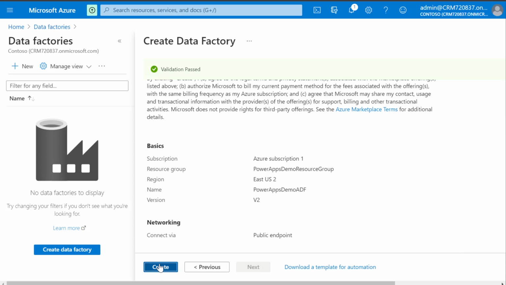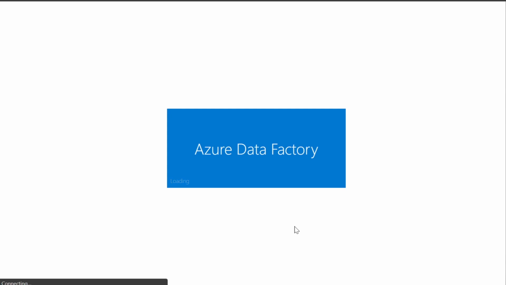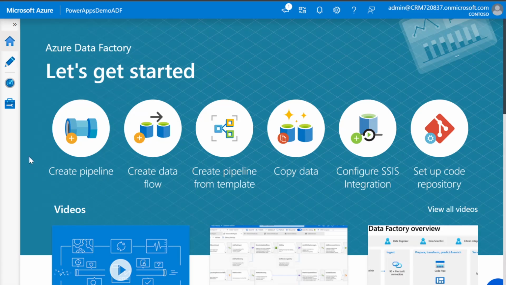And click Create. Author and monitor. And now we have to make the connection for both the Azure SQL database instance and the Power Apps environment